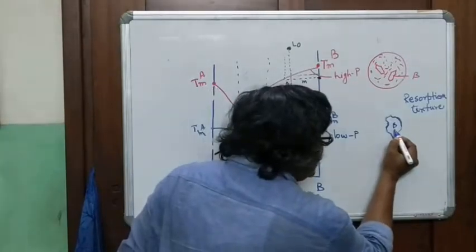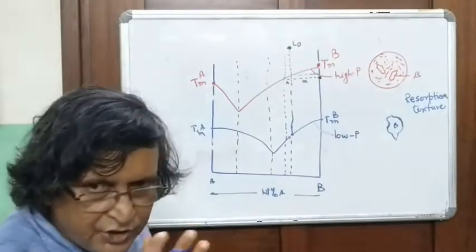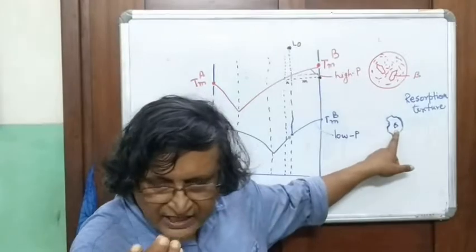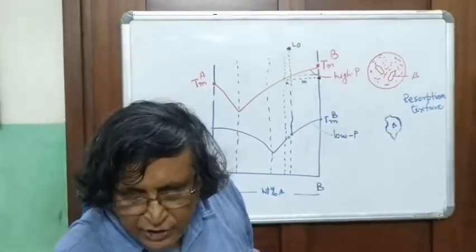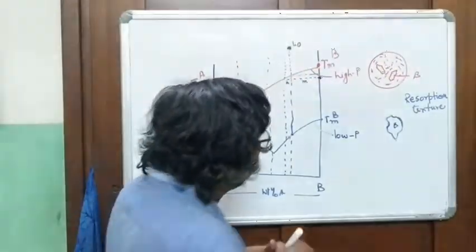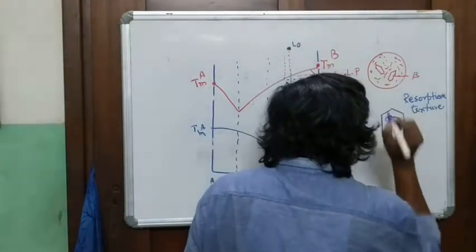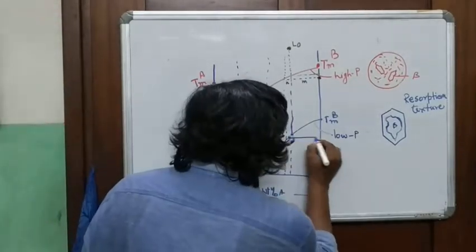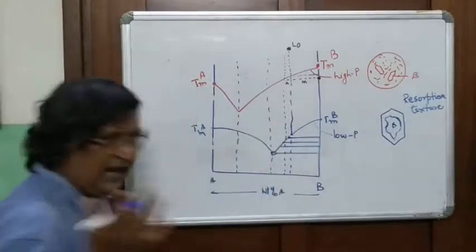You had the pre-existing B. So the chances are that your old high pressure B will give a good nucleating base for the new low pressure B to crystallize. So it will crystallize